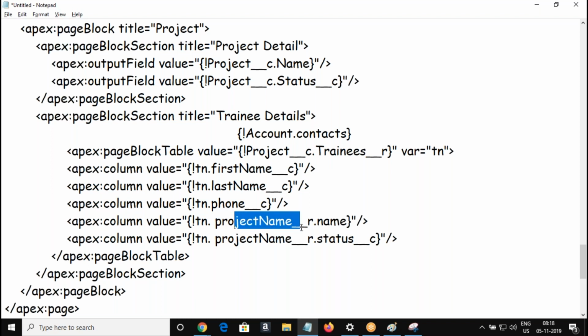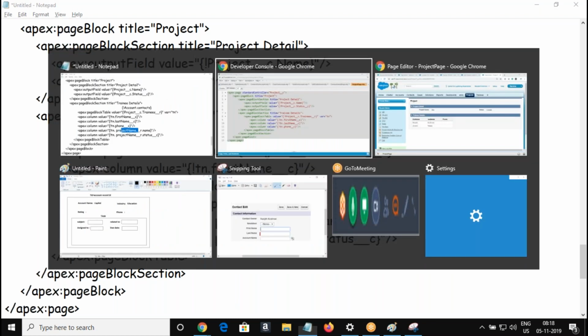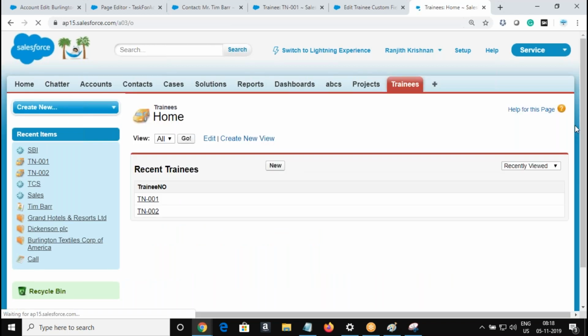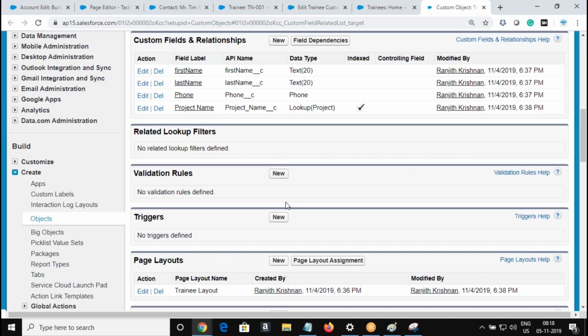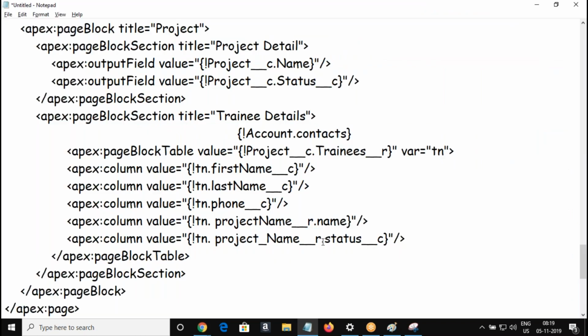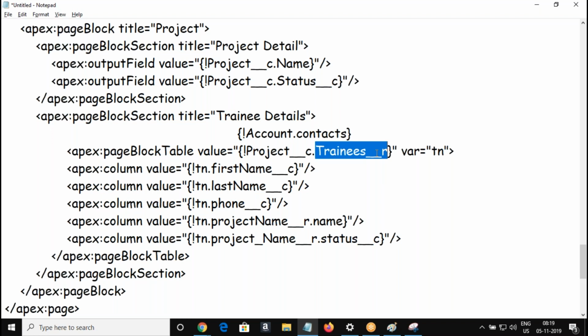Just go to the trainee object and see what name we gave. That is the name we have to refer to here, but instead of C, we put R because this is a relationship name we are referring to.